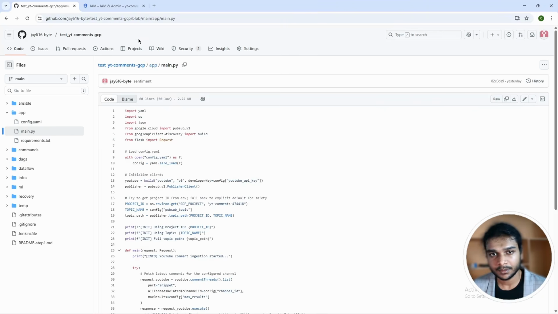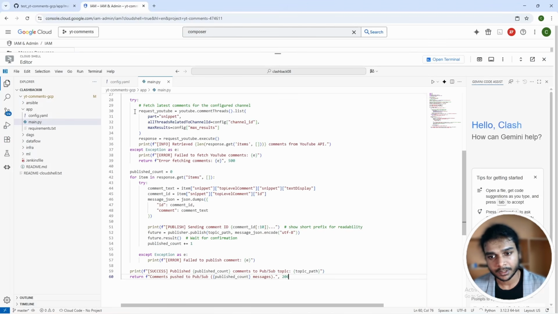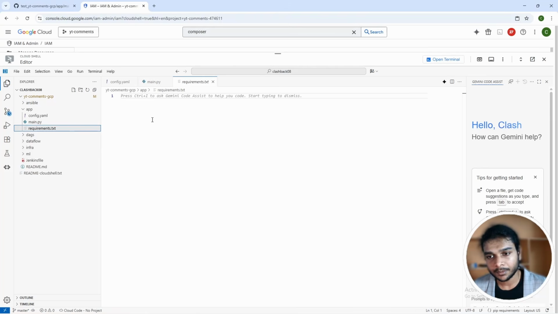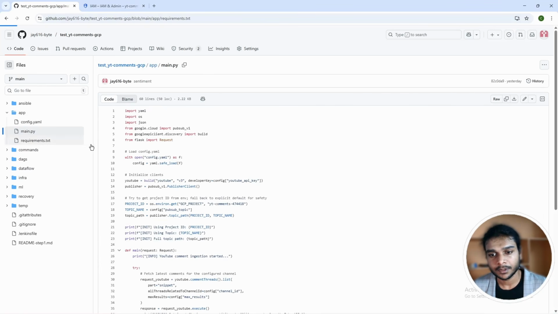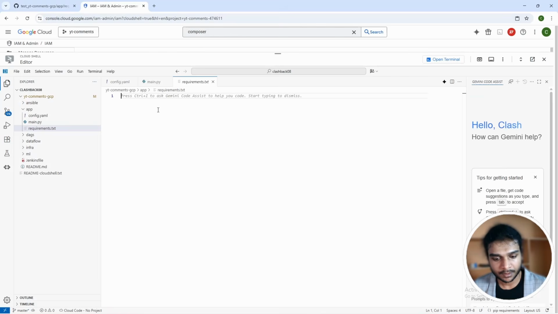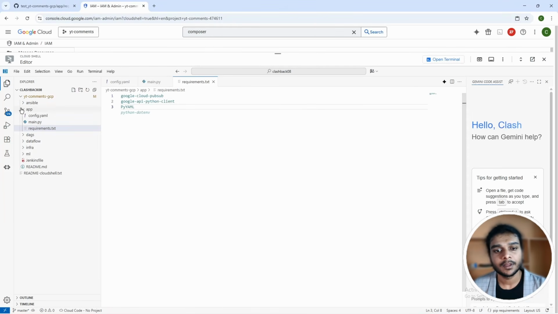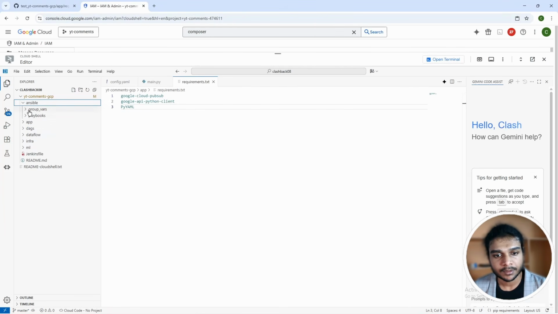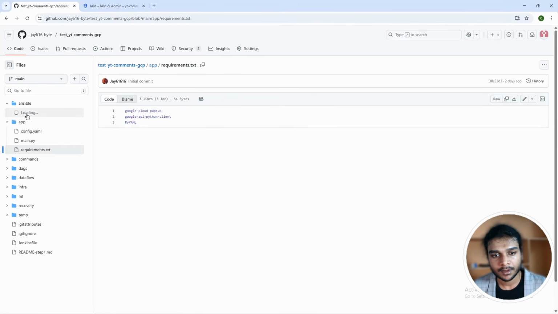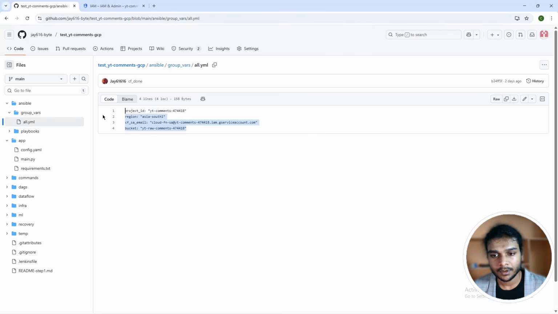Copy this whole thing, paste it here, and requirements, same thing, copy, paste. And also Ansible, let's do the Ansible too. Copy all the variables,